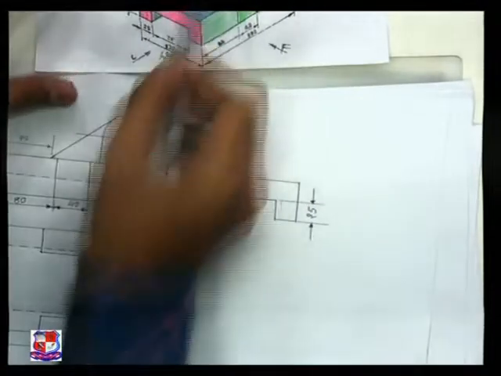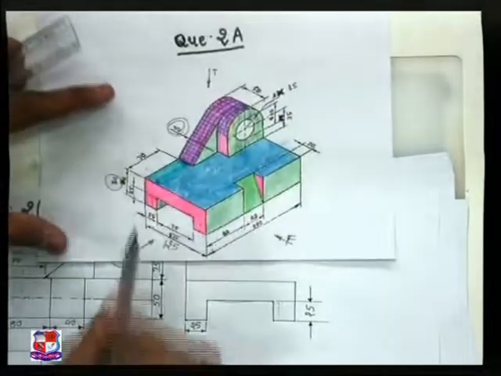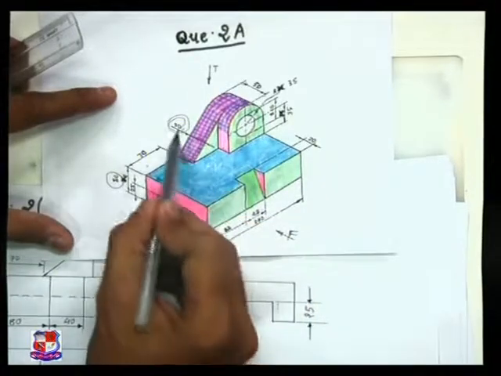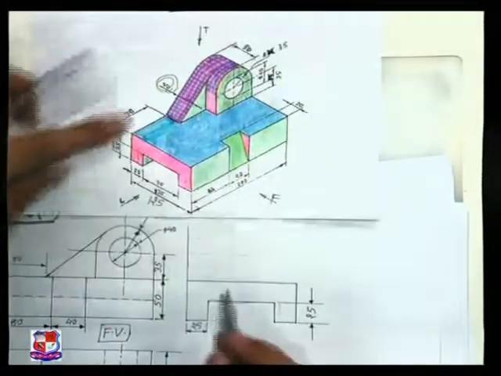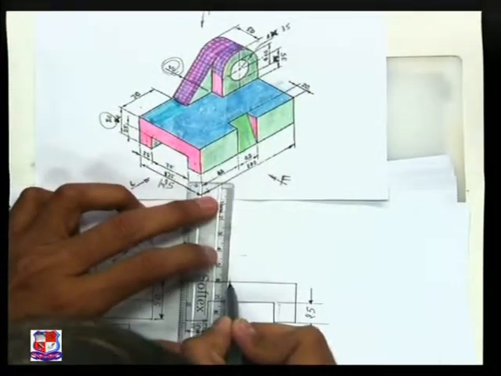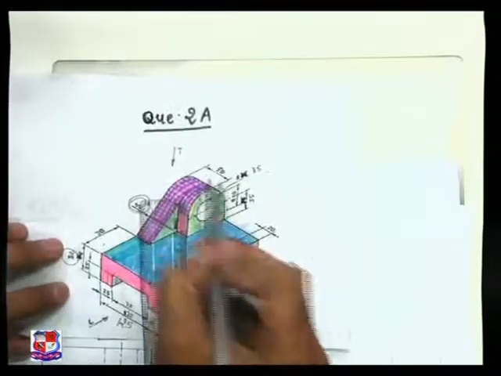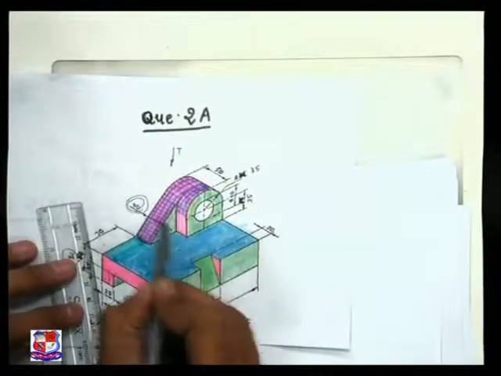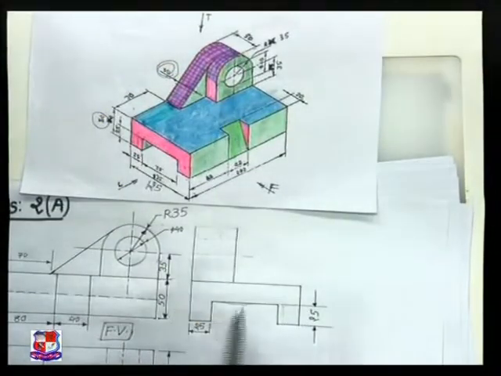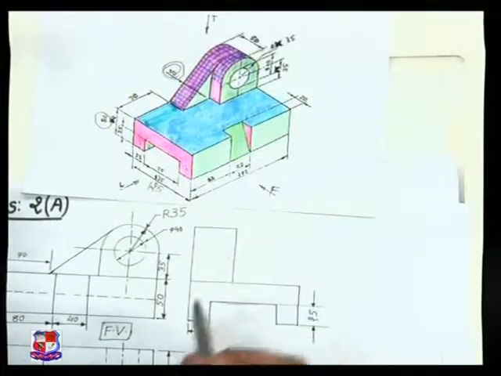Now think about this portion. Till now we have drawn this reverse C, right? Now think about this rectangle. Width is known to us, that is 30 mm. So at a distance of 30 mm from here, draw a line, and the total width of that rectangle is given as 50 mm. This total width is 50, this is 30. So at a distance of 50 mm, draw a line like this and complete that head of the given cylinder.